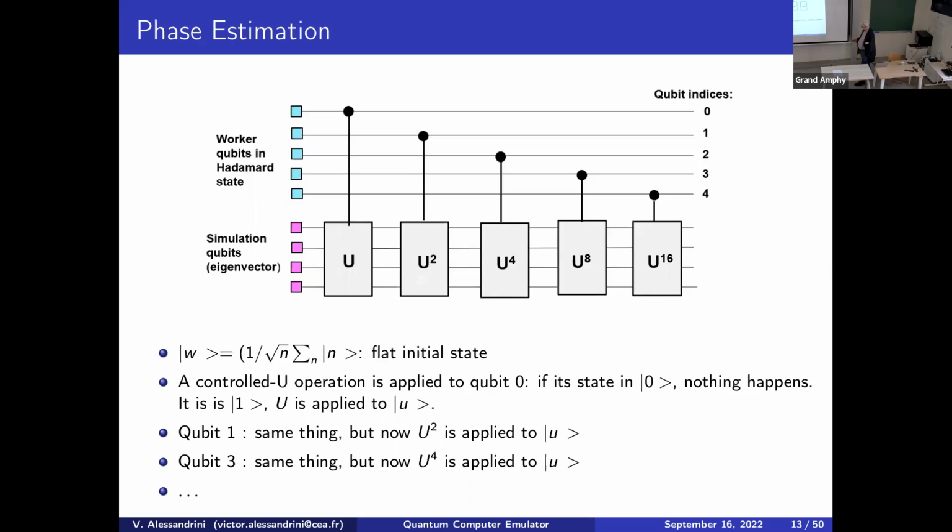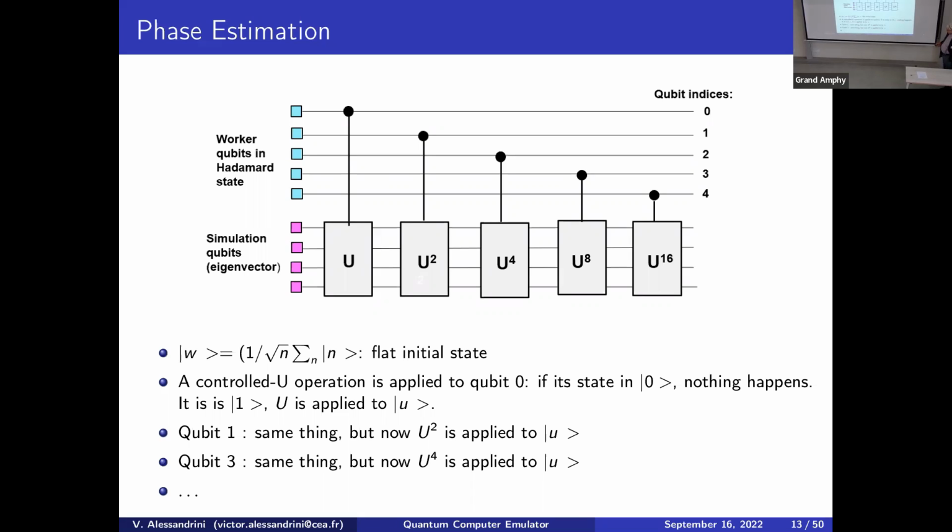if you have a set of simulation qubits, which is the physical system that you want to look at, you have to add a number of additional qubits which are there just to compute a Fourier transform. And then you are going to apply the unitary operator to the simulation qubits. If you do that blindly, you get nothing because you multiply the whole thing by an overall phase, which is irrelevant. This is applied controlled by the first qubit here. So that means that only when this qubit is in state 1, this is active. The same thing repeats with the other qubit. You apply U squared to the state only when the second qubit is in state 1,